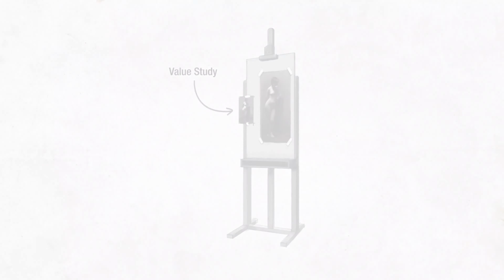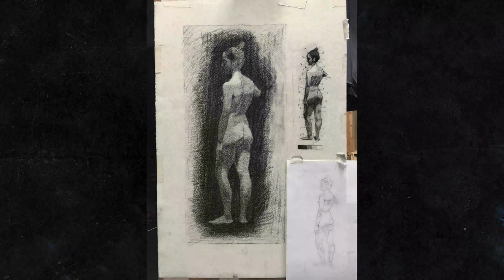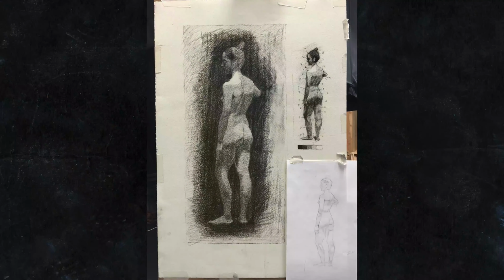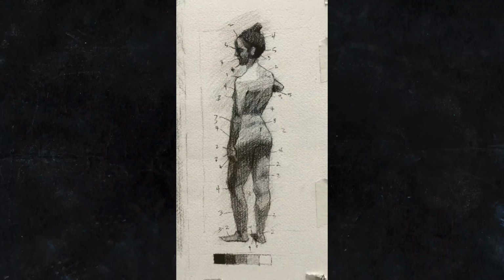At Barcelona Academy of Art, where I teach, every student who does a long pose figure drawing or a cast drawing or any similar project creates a value study as a preparation to shading. A value study is a small drawing in which you analyze the values and organize them into 3 to 5 value groups. You can see the groups on the bottom of this image and the corresponding numbers indicated in the